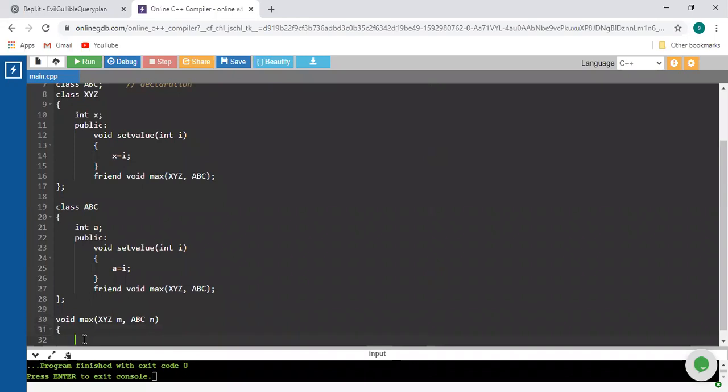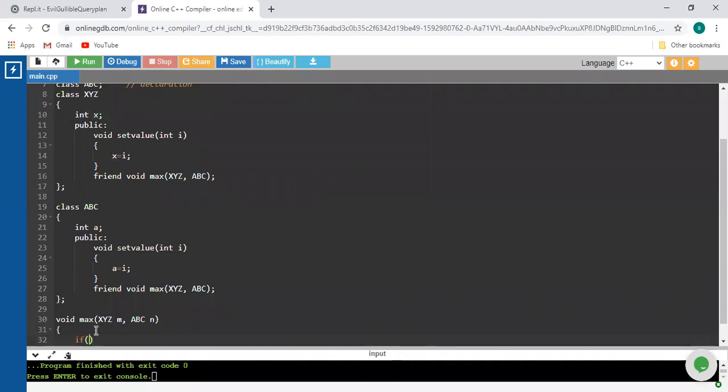Now compare both the variables m and n. How are you going to compare both the variables? m is the object of the XYZ class, and from that XYZ we will access which private member? Inside this XYZ, from that XYZ we are going to access the private variable x. So how are you going to access that?